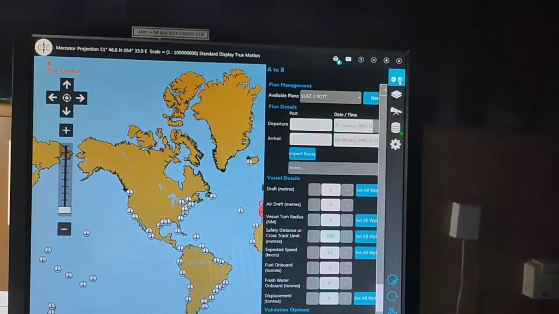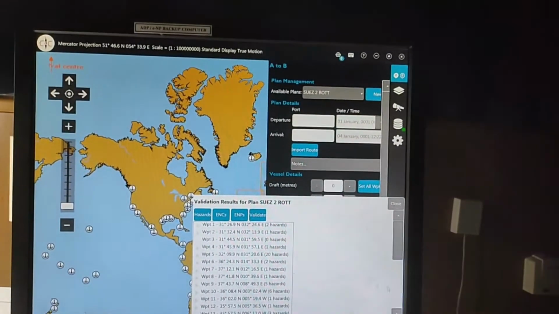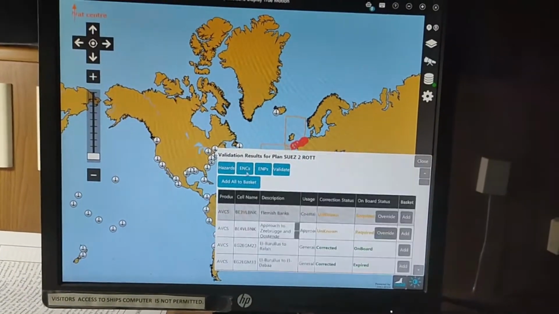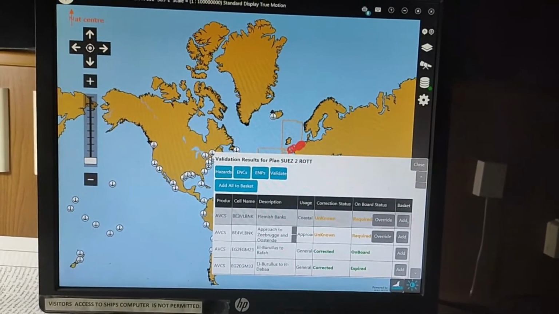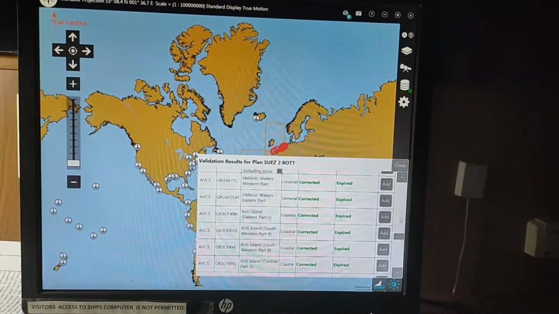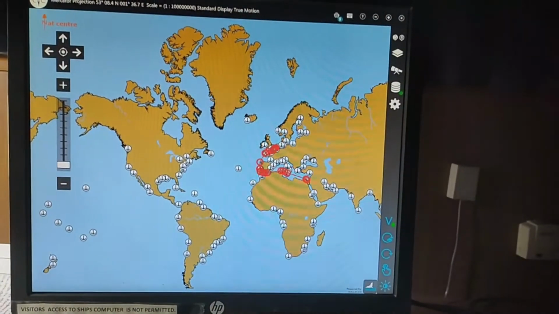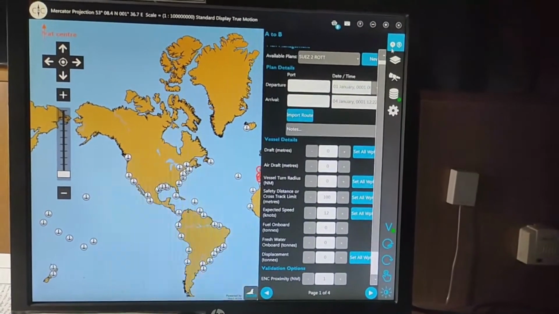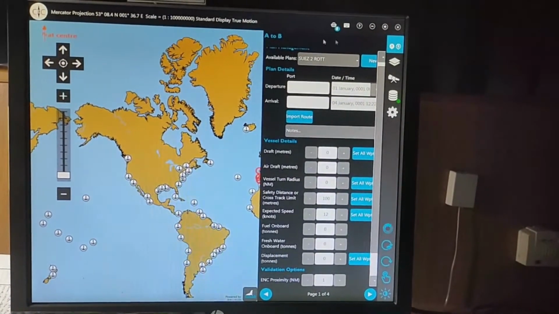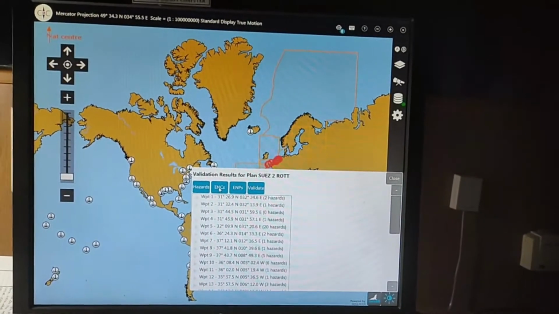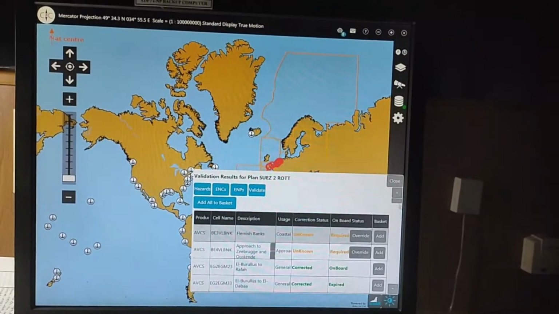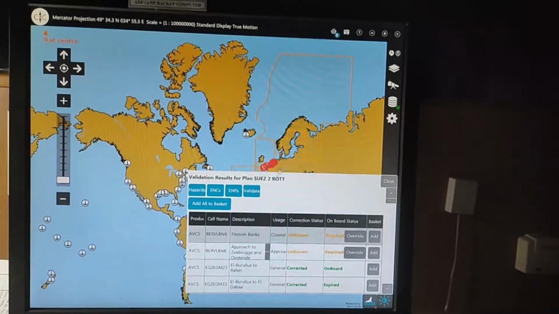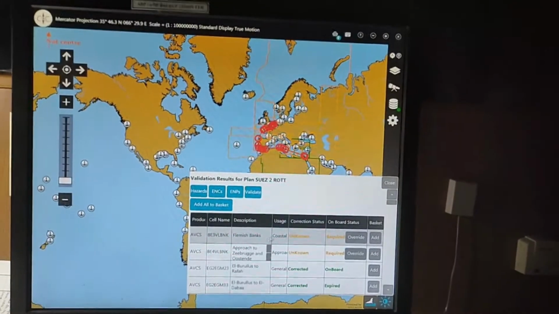And one more thing, see, the validation is completed. So only this, check on ENCs. These are ENCs which are all required. So for fast purpose, what I do, I come here and I select ENC proximity for 1 nautical mile, and then I validate the route. It almost selects all the charts which are required for the voyage. So instead of checking which chart to order, which are not, almost